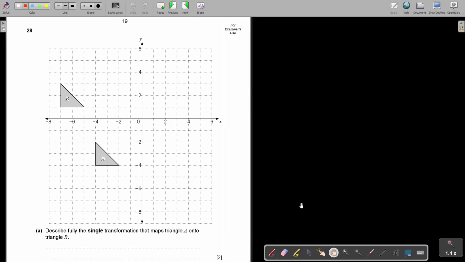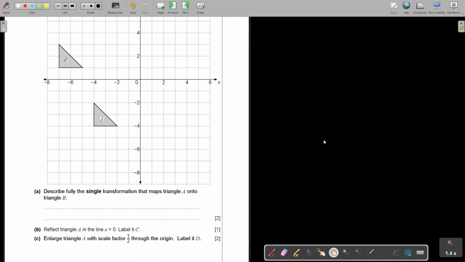Question number 28. By just looking at the example, I can see this is transformations. And where will you find it? In the y equals mx plus c mathematics textbook, part 2, you will find it from page 597. They work through up to page 612, the different ones. But there on page 612, look at example 40. That's almost like this one. It's a mixed one. Okay, but let's start.